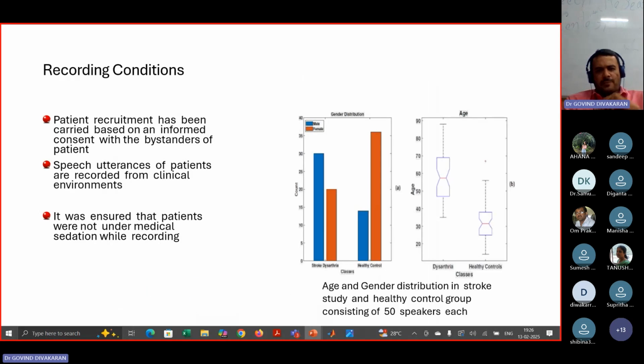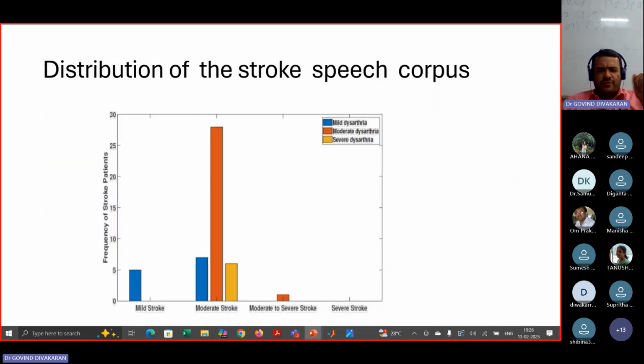Okay, so this is the distribution of the speakers for the 50 dysarthric patients that we have collected so far. Okay, so still it is in progress. So for the subset of 50 patients and 50 healthy speakers, this is the distribution of